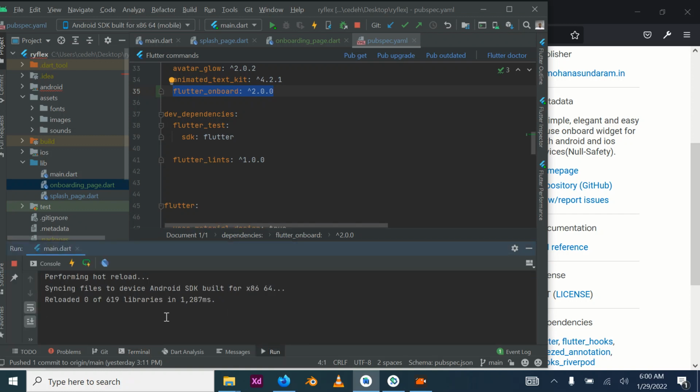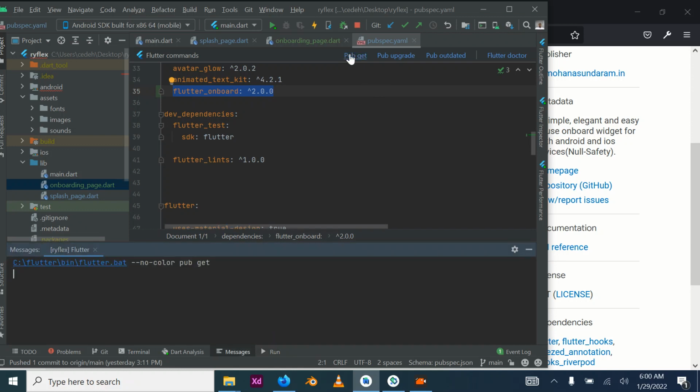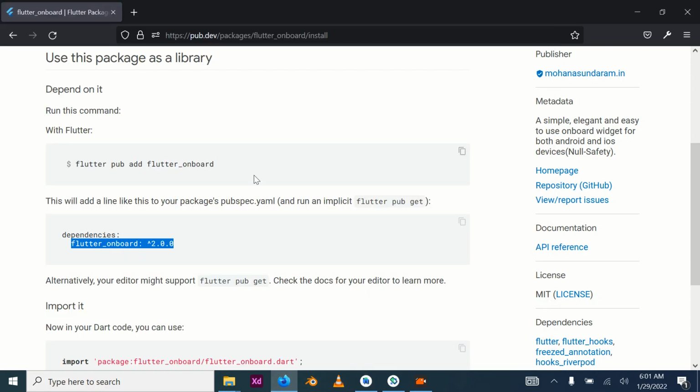So I'm already running it here, so no need for me to run it again. I can do pub get and it will get it for me. And then another thing is, if you are in VS Code, once you paste it here and move away from this screen or move your cursor, it will automatically get the newly added packages for you. So it has gotten it for me. Go back to our